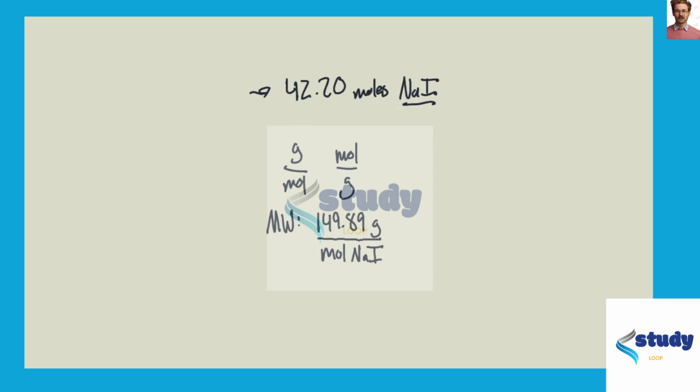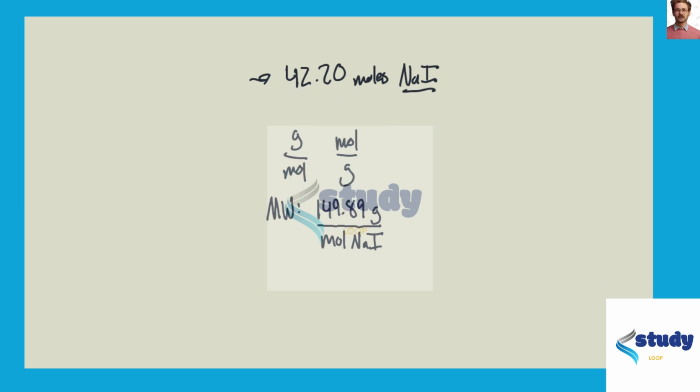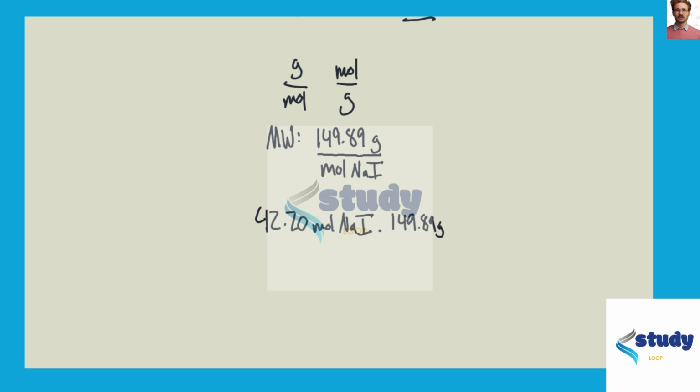So let's draw this out and see what I mean. What I'm saying is that if we take 42.20 moles of sodium iodide and multiply it by the factor 149.89 grams per 1 mole sodium iodide, our final answer numerically will be, let me put this into my calculator,